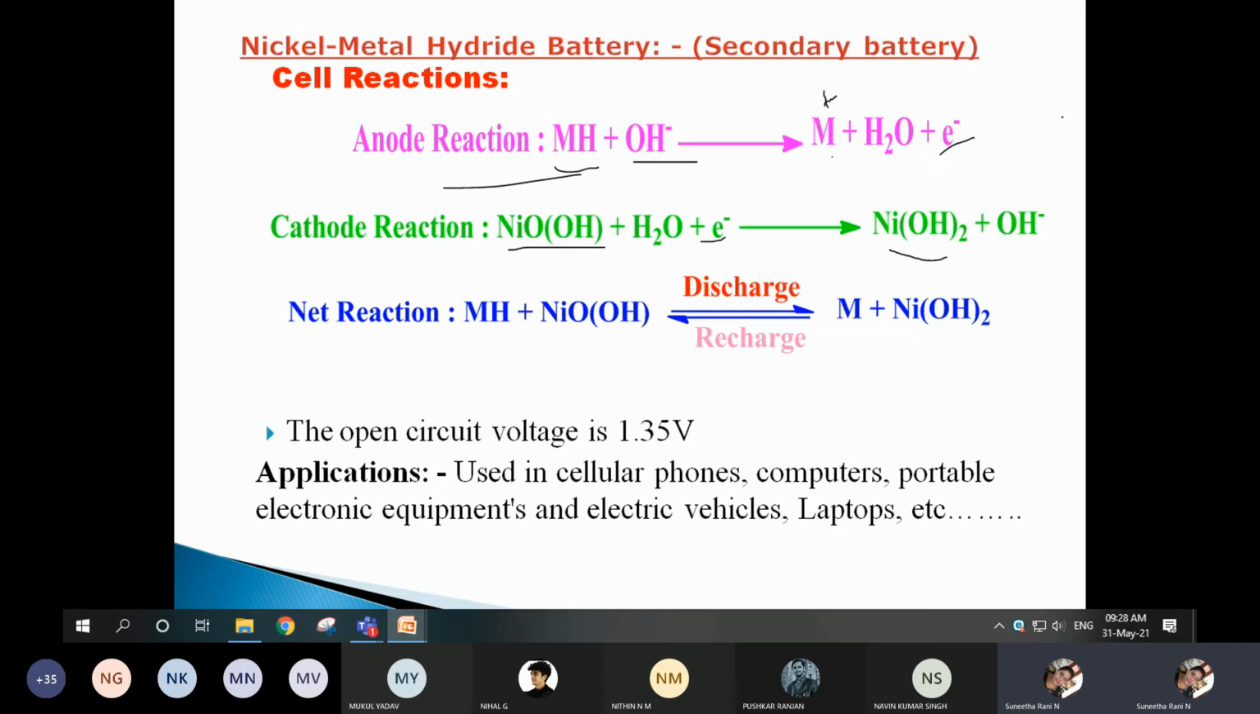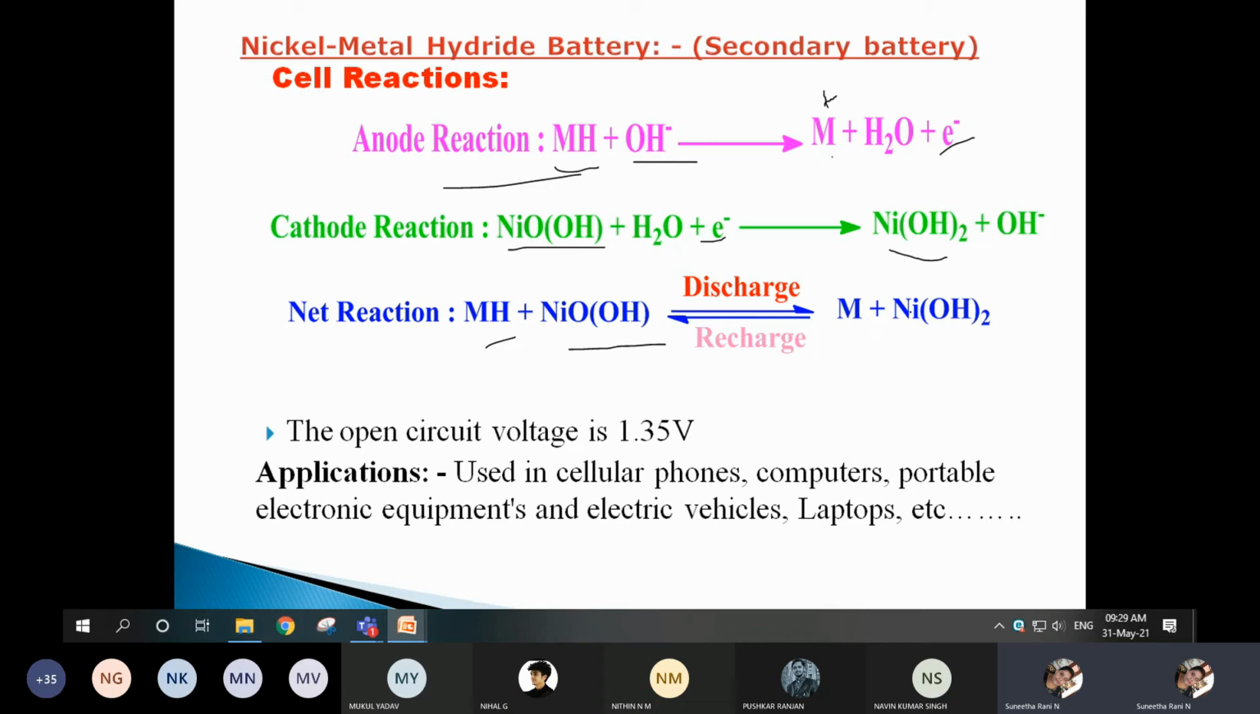During this process, whatever electrons are liberated in the anode pass to the external circuit. From the external circuit, whatever electrons are left out, excess electrons are liberated here. From the external circuit, these electrons are gained by the cathode. And during this process of conversion from anode to the cathode, the electrons supplied to the external circuit generate electricity. So this oxidation and reduction takes place simultaneously, where metal hydride and nickel oxyhydroxide discharge, the forward reaction is discharge